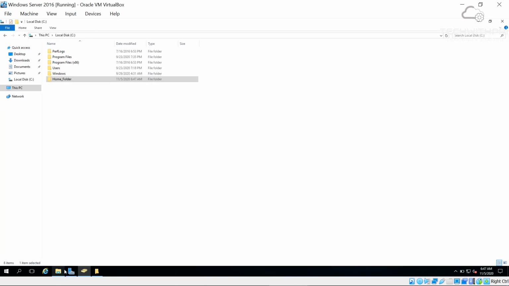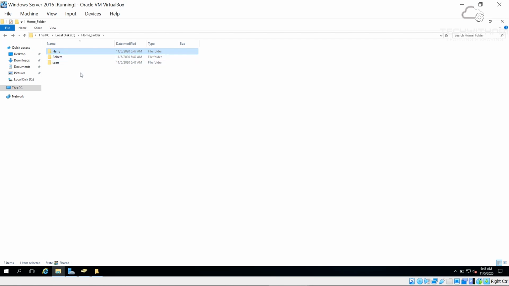Now just go to the home folder that we have created and open it. As you can see, we now have 3 folders: Harry, Robert and Sin. So the home folder has been created for them. There should not be anything inside because none of them has added anything to the home folder yet.